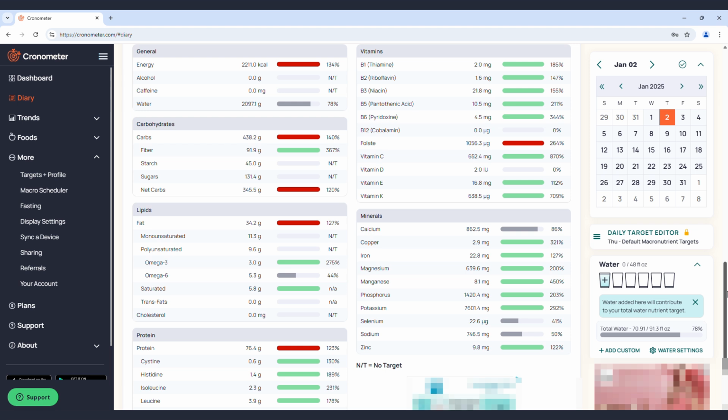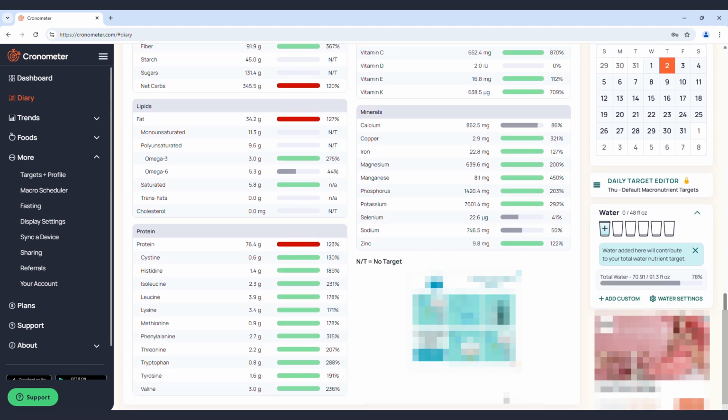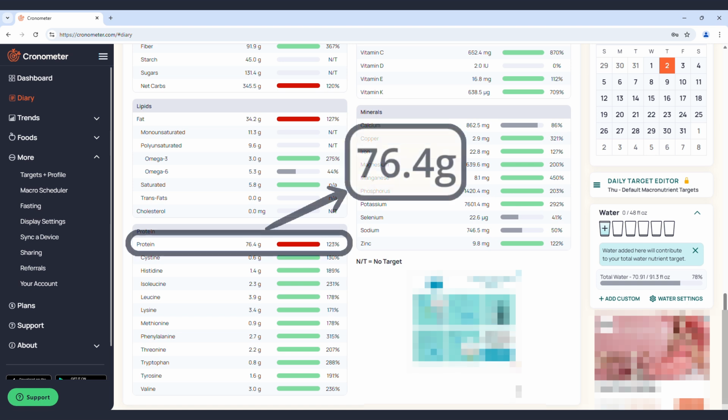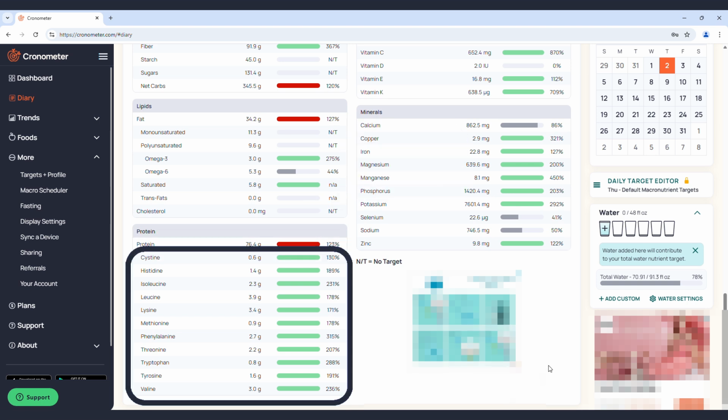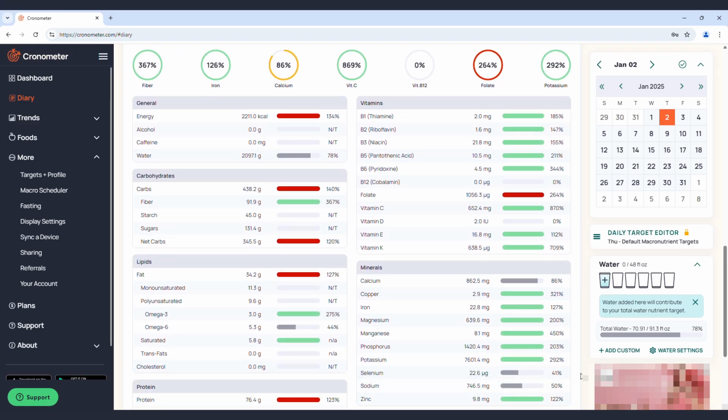Many people often worry about protein on a plant-based diet, so you can see how many grams of protein you're getting, as well as how much you're getting of particular amino acids. As you can see, I'm getting plenty of protein and a nice balance of amino acids. And then of course, people worry about vitamins and minerals. Obviously, it's great if you have green bars, but on the ones that you don't hit the target, what's really